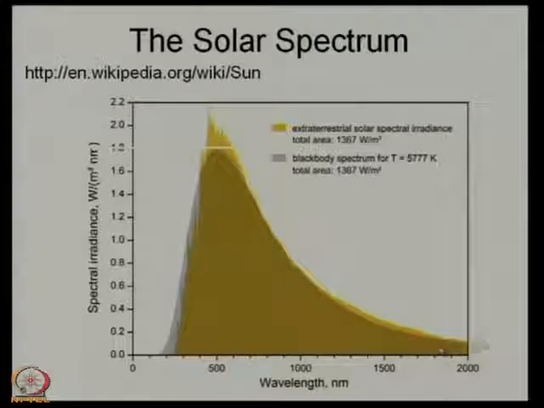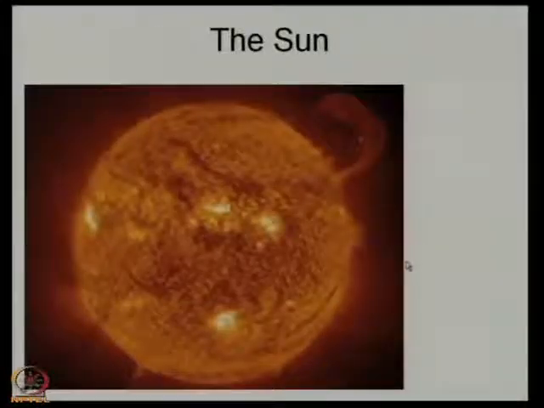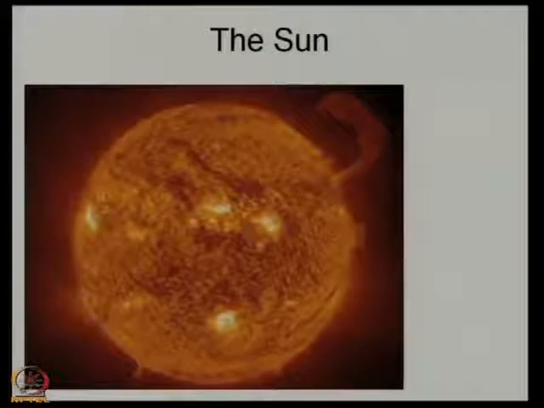Similarly, if you look at the radio part of the spectrum, that is the larger wavelengths, there again you have radiation in excess of what you expect if you extrapolate this black body curve, and all of these things are associated. So the amount of radiation in these ultraviolet, X-ray or in the radio, they are closely linked with activity on the sun. The sun is not a peaceful spherical object